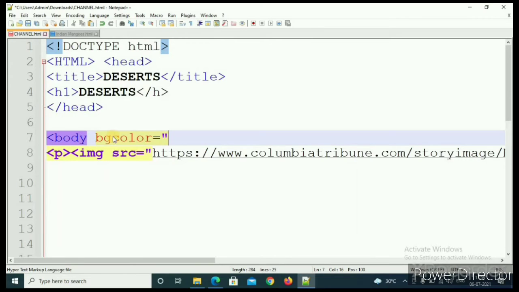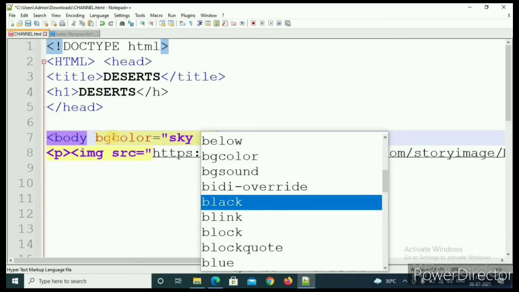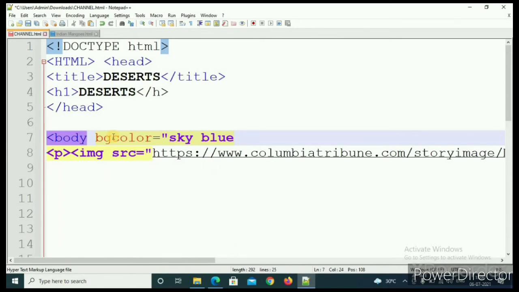I am choosing sky blue, so it will run. Sky and blue. Then inverted comma, and then Control plus S.